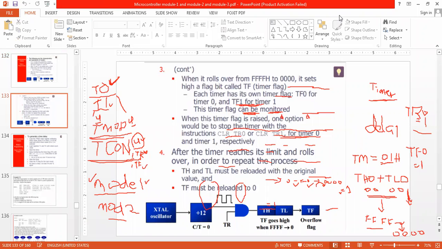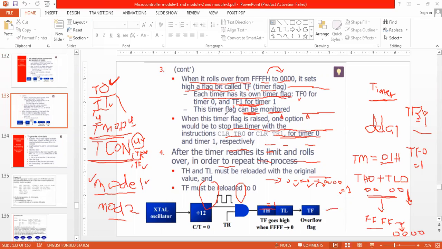When it rolls over from FFFF to 0000, it sets a high flag bit called TF, timer flag, or timer overflow flag. Each timer has its own timer flag. I am using T0, so it is TF0. If I am using T1, it will be TF1. That will go to 1 automatically.